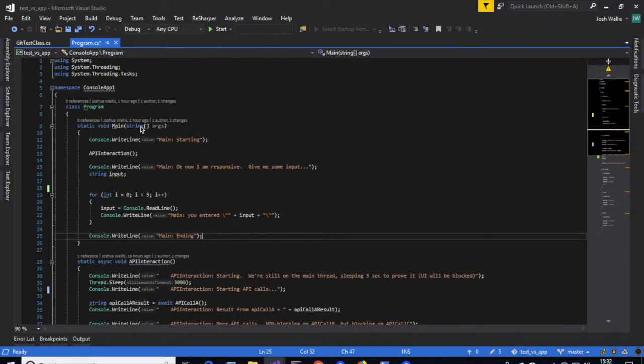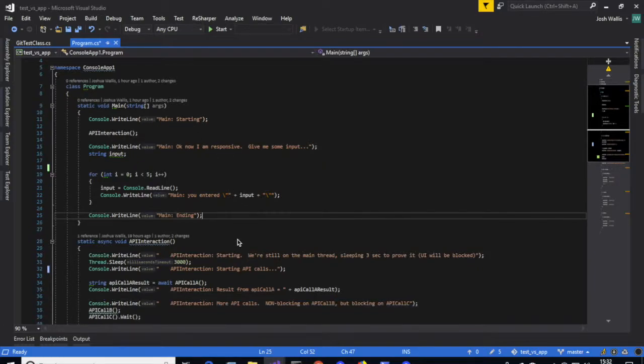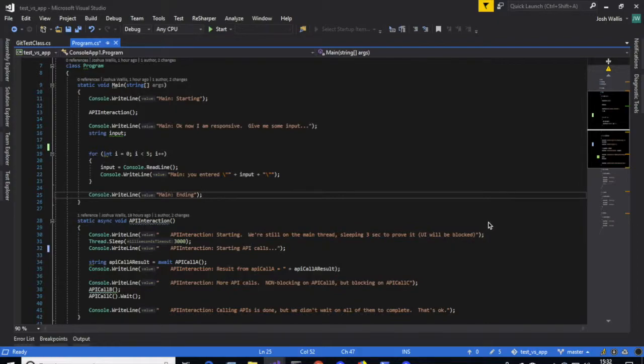Okay, here's the program. Here's main. First it's going to say that it's starting, then it's going to immediately call API interaction. API interaction still runs on the main thread. It tells you that. It says we're going to sleep 3 seconds in order to prove it. Sleeps 3 seconds. Then it prints out it's starting the API calls, and then as soon as it calls this